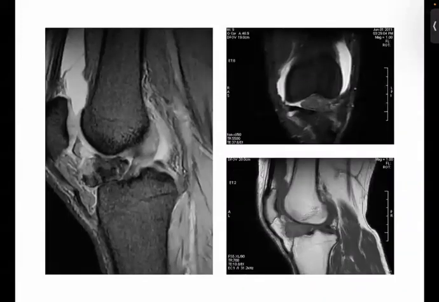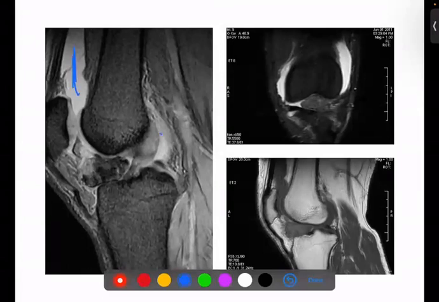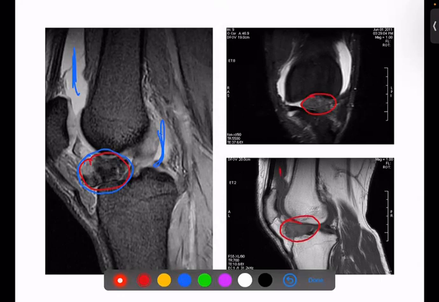Now here you might say, okay, we have a few things here. So what is this? This is not normal. This is abnormal. Okay? This is what they say: hemosiderin. Okay? So yes, we do have something in the retropatellar area, and we do have something inside the knee joint, and we do have something in the back, but